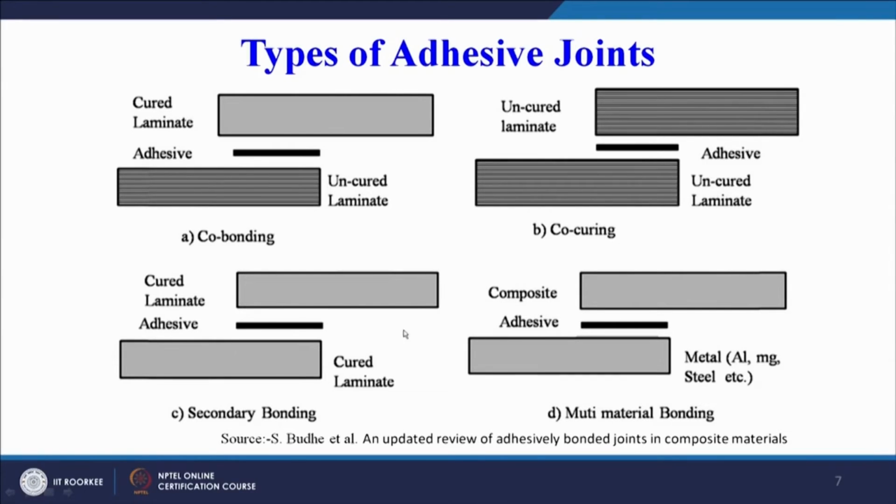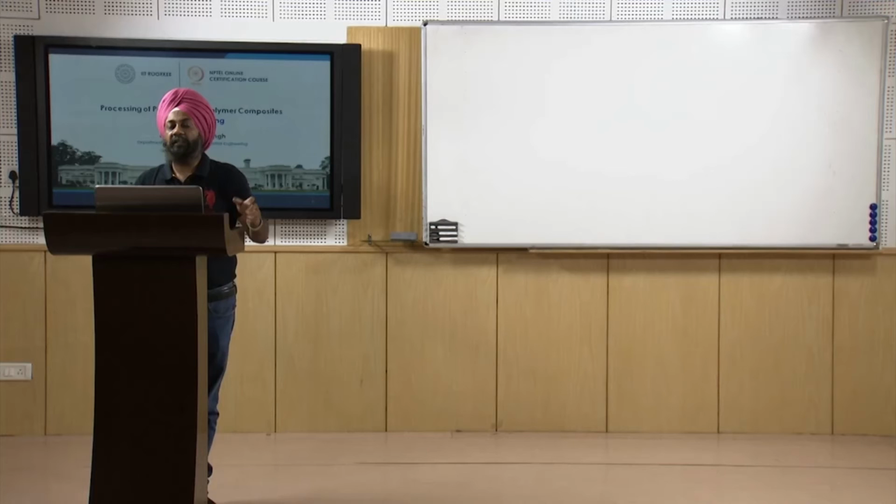And the third type is secondary bonding. In most cases, in the case of composites, we will have both the laminates in a cured state. This is also the final product of a process, this is also the final product of a process. Both the adherents have been cured successfully and completely, and finally we put an adhesive between the two and we join the two adherents, or two composite laminates, together to form a composite joint. So in between we put the adhesive. This is called secondary bonding, and we are calling it a secondary joining technique for polymer composites.